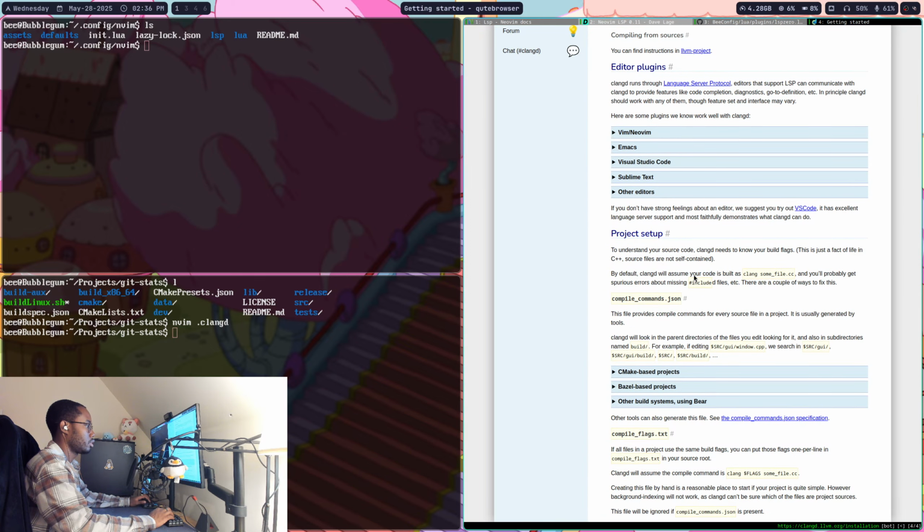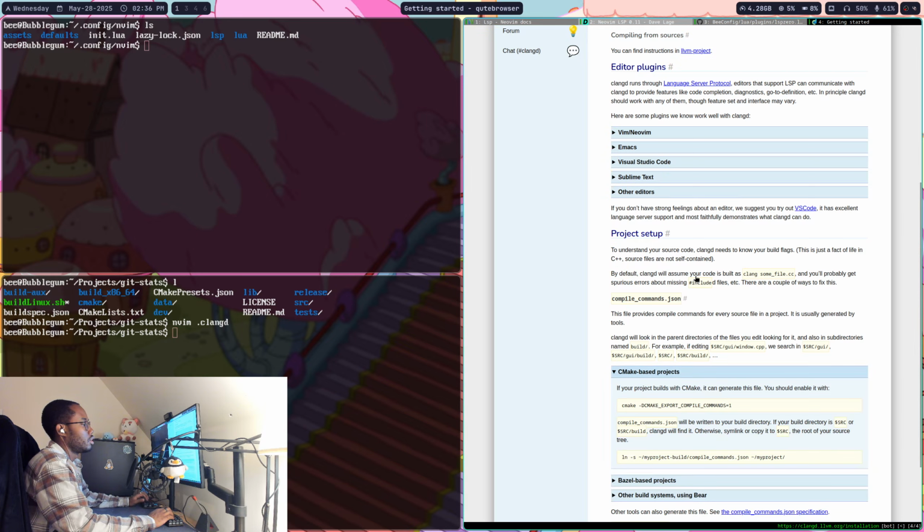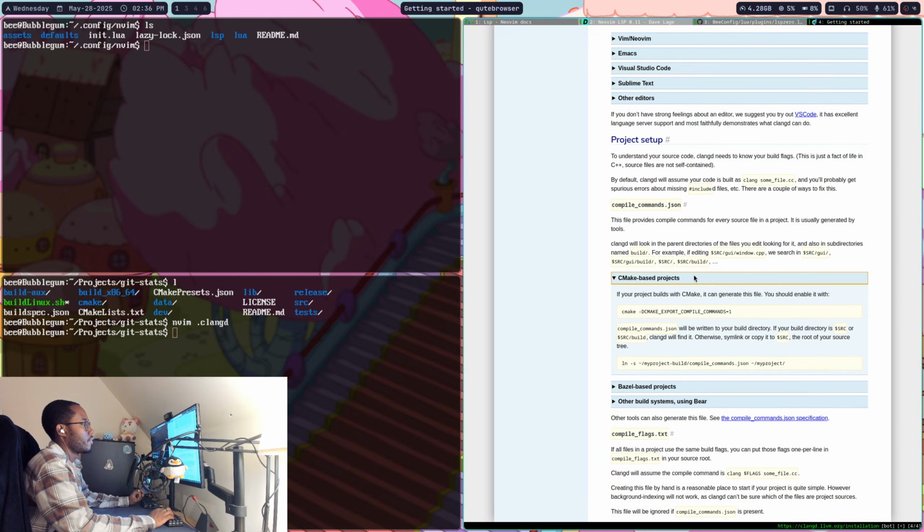Your plugins, project setup. By default, ClangD will assume your code is built as blah blah blah. Right. If your project builds with CMake, yes, I could generate that way. I know. I already did that, but